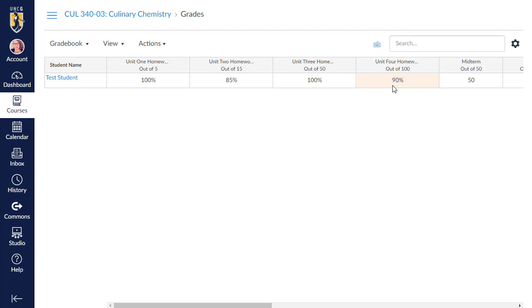So it goes back to what I said in the beginning about points earned over points possible. That's how we always want to think about the Canvas gradebook math. Because if these were all weighted the same, if these were all worth 100 points, the 85% would clearly be the lowest grade. But when we remove this assignment from the assignment group for test student, that changes the number